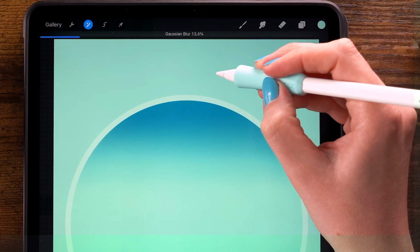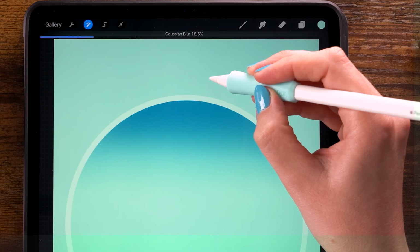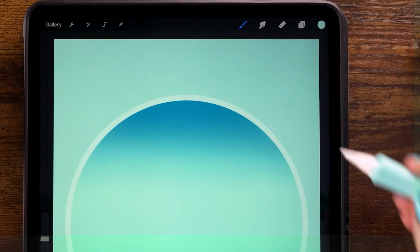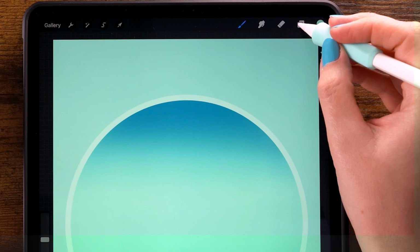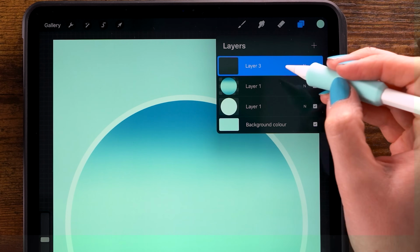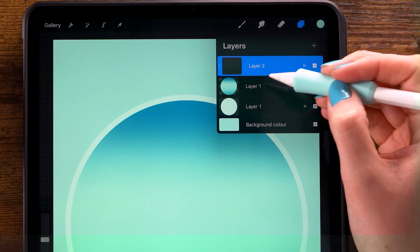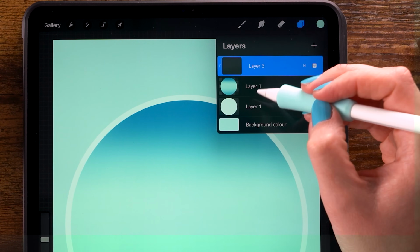to increase the blur and to smoothen your gradient. Let's go for something like 18.5 and then click the magic wand again to get out of there. For the next step, we are going to create some mountains, some hills. We'll click the plus for a new layer on top of our circles and we will set this to clipping mask. Now this layer is clipped to the circle and whatever we paint on layer 3 will only show up